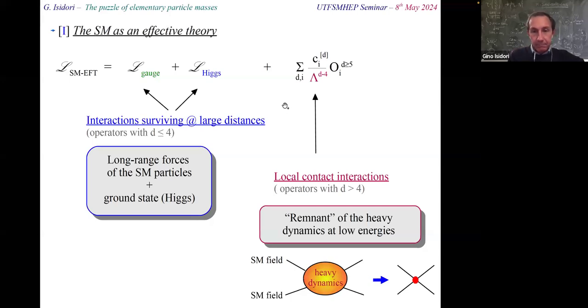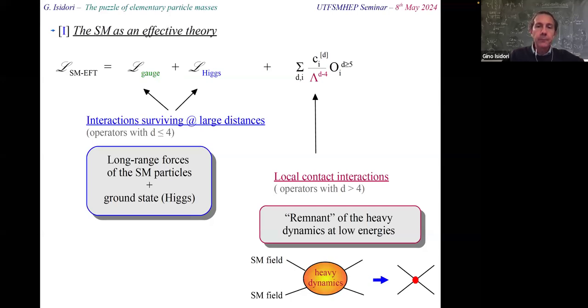All the rest, if any, in an effective theory language, can be described by point-like interaction, like Fermi-type coupling. So if there is some heavy new physics, this heavy new physics, by definition, is heavy, so we don't have enough energy to excite it, and it looks like at low energies as a point-like interaction. So this is the remnant of the heavy degrees of freedom. It's a completely general description. If we classify here all the operators written in terms of standard model fields, we completely classify how to describe